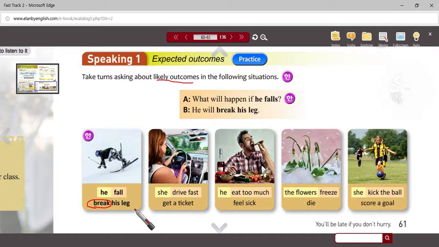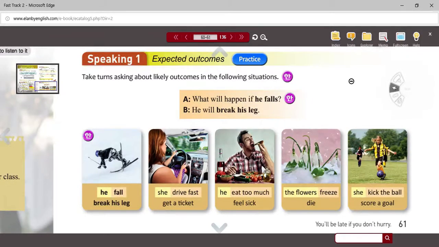Okay. So in each of these, you're given a subject and a verb, and here you're given again a resulting action. Okay. So the consequences of this new situation. All right. One person will be A, the other B. You can switch every picture. If you're doing this alone, you can take both roles. Okay. So press pause, and then we'll do a quick review when you're done.